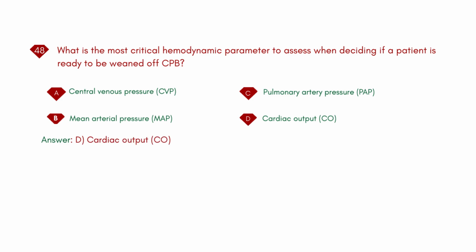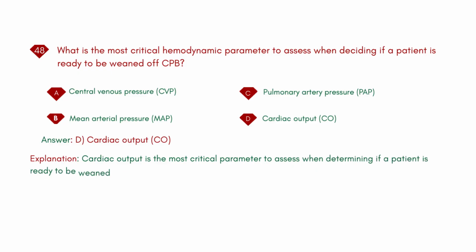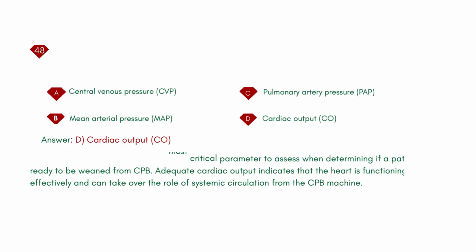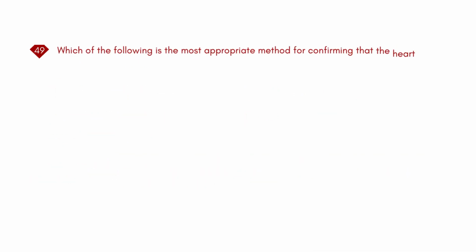Cardiac output, CO. Explanation: cardiac output is the most critical parameter to assess when determining if a patient is ready to be weaned from CPB. Adequate cardiac output indicates that the heart is functioning effectively and can take over the role of systemic circulation from the CPB machine. Which of the following is the most appropriate method for confirming that the heart has adequate perfusion